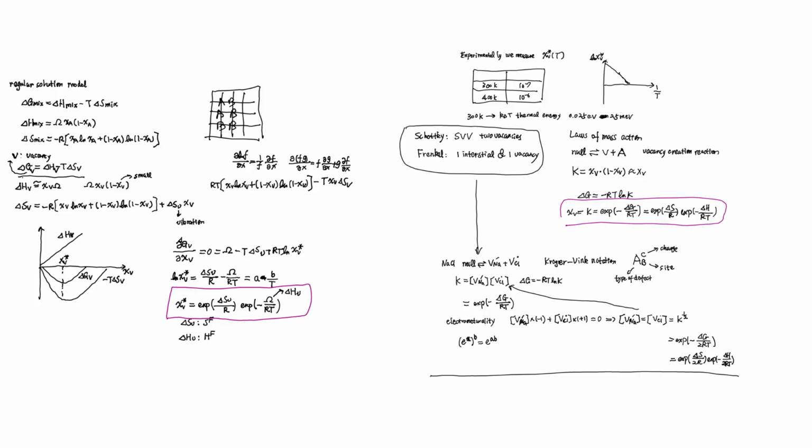In the other, we simply treat it as an equilibrium reaction, write down the equilibrium constant, and we know how to go from delta G to the equilibrium constant from our physical chemistry class, and then we get exactly the same equation for the concentration. So we're going to use the same idea for the Schottky